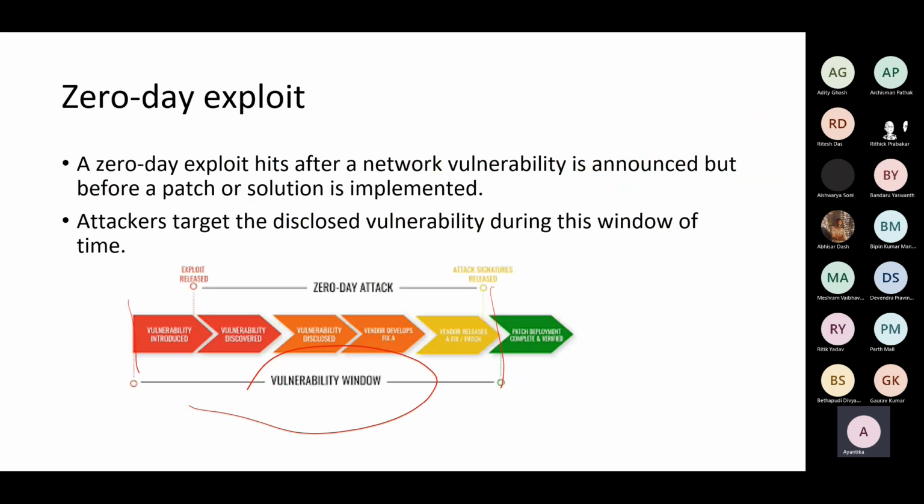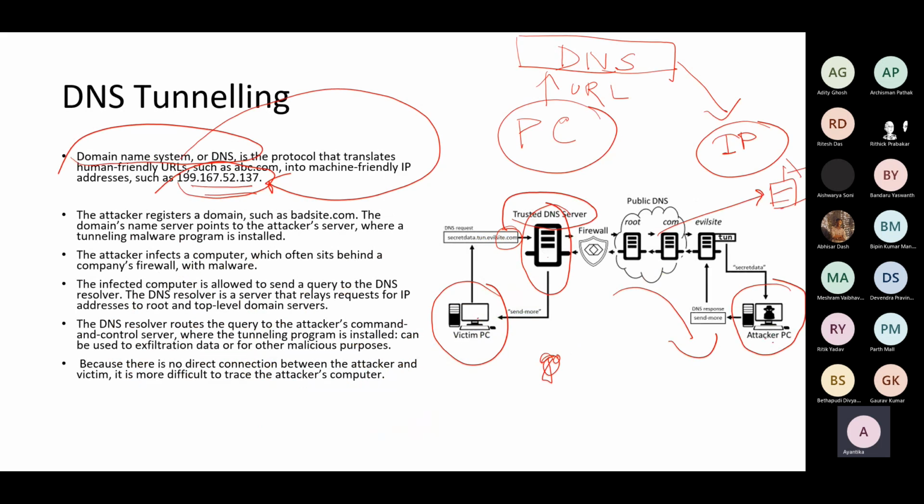Then we talked about zero-day exploit, where for some days, a few days, your network is vulnerable, and adversaries have the knowledge of that, and they are using that knowledge to exploit your system. Then comes the DNS handling, when you are accessing a particular site and that site is getting redirected. If the DNS request resolver server is compromised, then your request is going to some attacker PC, some attacker server, where your information may be stored or processed, and may be used in future